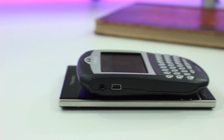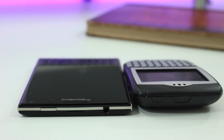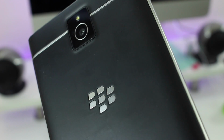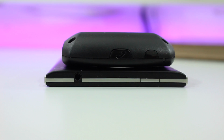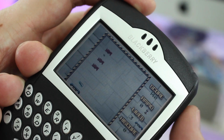In design, there's an obvious difference between the two phones. The Passport uses a really nice blend of premium materials like metal and glass, and a sort of grippy textured rubber on the back. But back in 2003, a phone that cost the same as a laptop really wasn't going to fly. It's pretty standard these days, but that explains why the 7230 is pretty much all plastic, and not